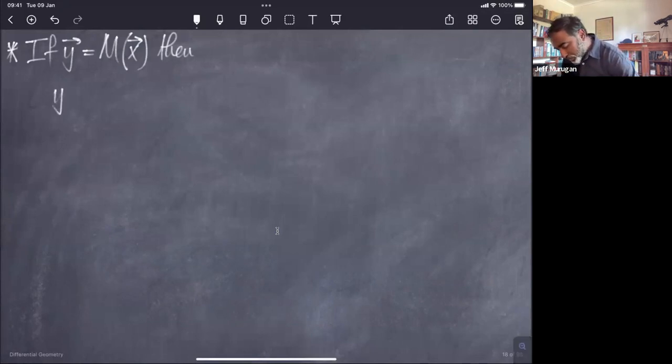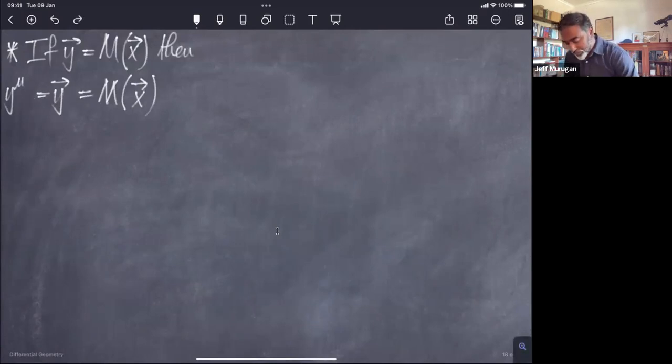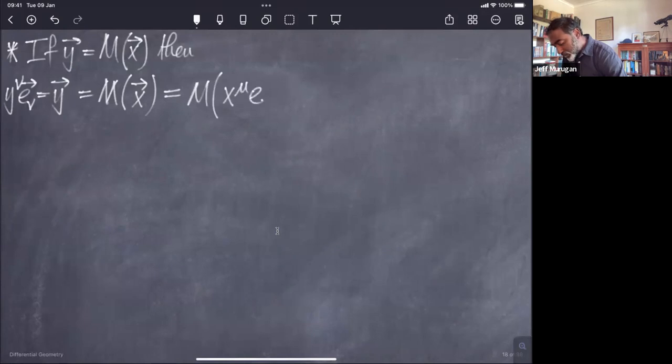Essentially, because y is Mx and y is y mu E mu. In fact, let's write it y nu E nu, and M acting on x is the same as M acting on x mu E mu. So if I just expand x in the E mu basis,